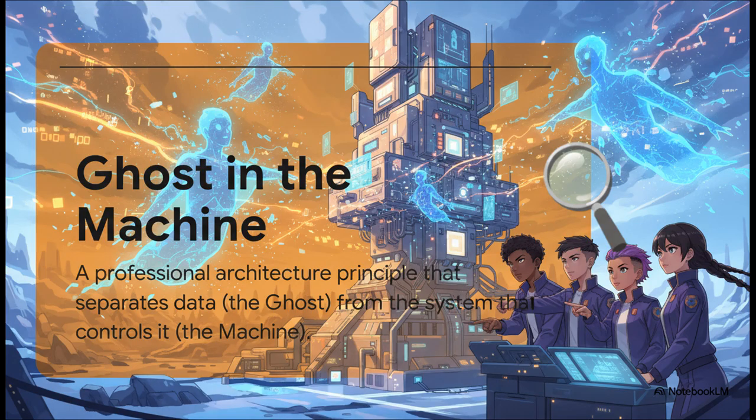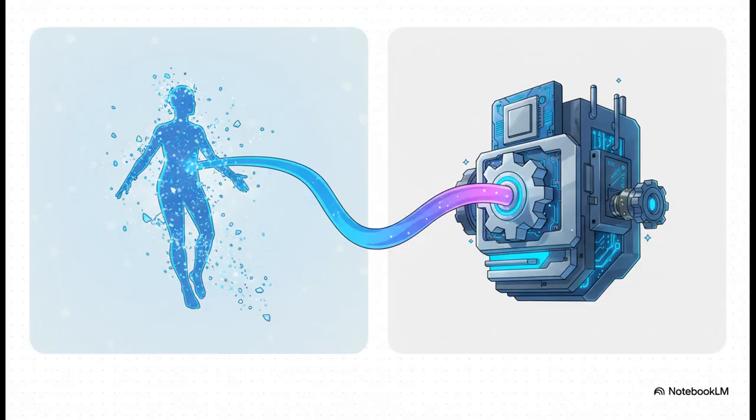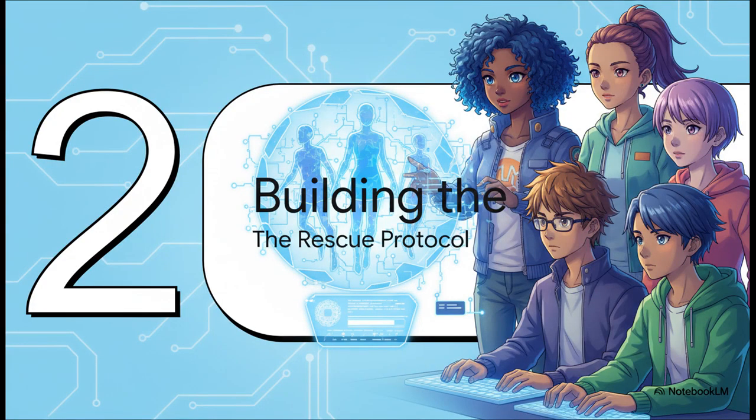Starting right now, this is how you're going to think. And you have to remember this critical separation. The ghost is your data object. It represents a lost student's identity, their attributes, their current state. The machine? That's the control system you're going to build. It's the class that holds onto these ghosts, manages their entire life cycle, and, well, gives them purpose. Okay, so let's break down how you're actually going to construct this rescue protocol. Here's your plan of action, step by step.